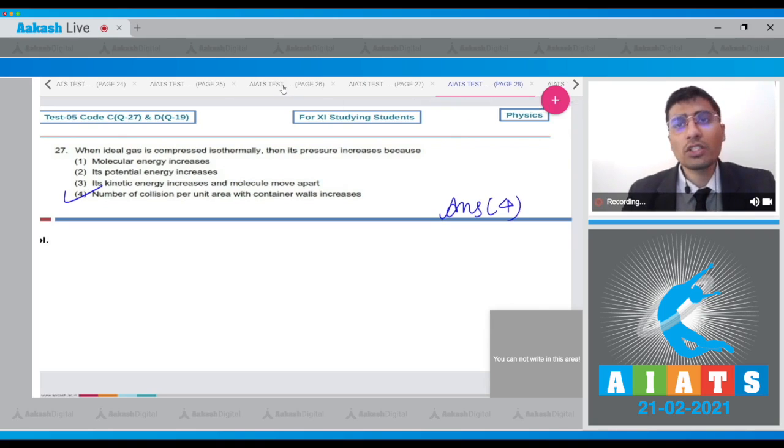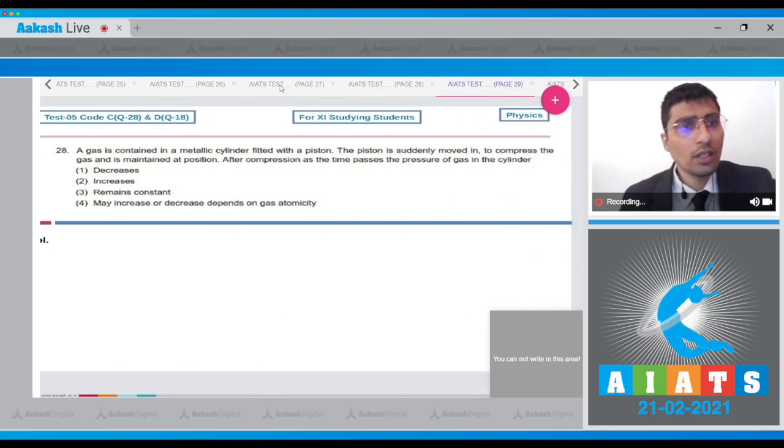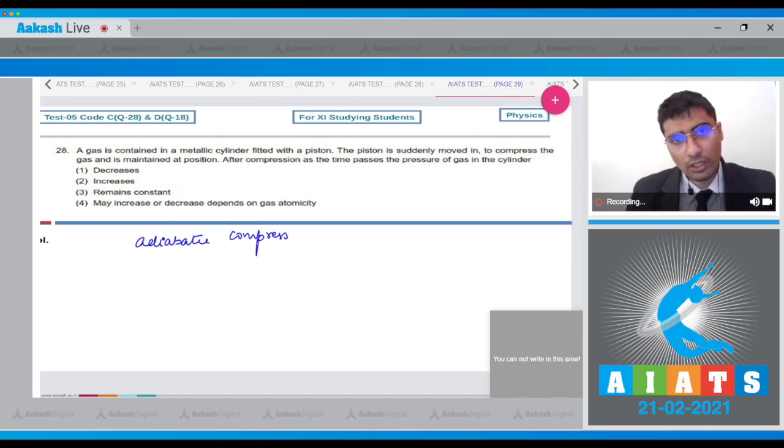Now let us move to question 28. In question 28, a gas is contained in a metallic cylinder fitted with a piston. The piston is suddenly moved in to compress the gas and it is maintained at that position. After the compression, as time passes, what happens to the pressure of the gas in the cylinder? Dear student, in the adiabatic compression, the gas will be heated initially, but when the piston is kept at a constant volume, slowly